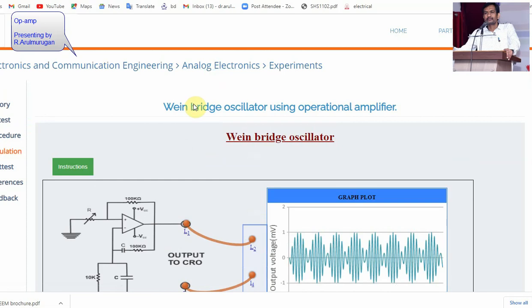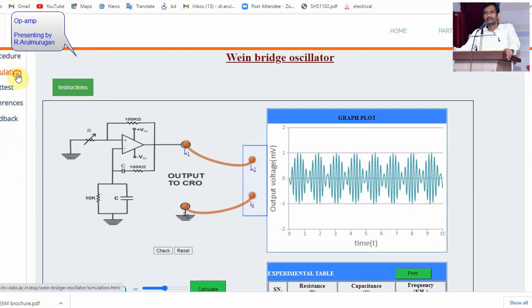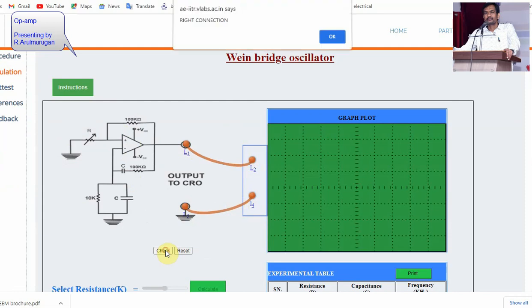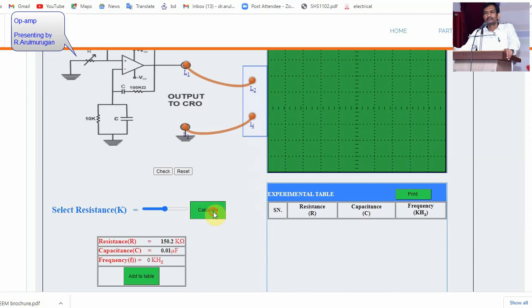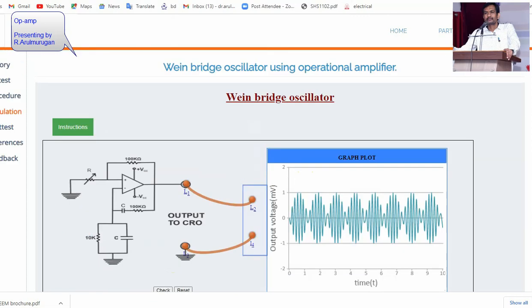Similarly here also, a Wien bridge oscillator using operational amplifiers. So this is the circuit diagram. What is the circuit diagram showing you? Here there is no external signal input to either the plus terminal or the minus terminal, so no function generator is necessary. The Wien bridge oscillator will create it. Op-amps can also generate sine, square and triangular waveforms the same way. I am explaining this for your understanding.